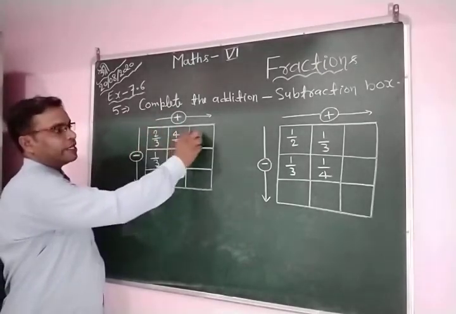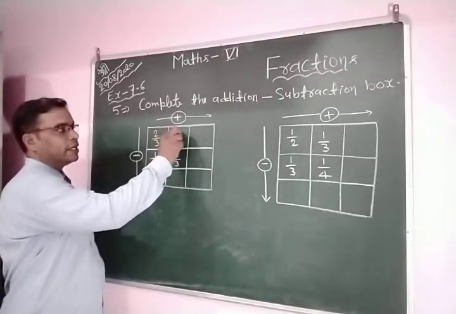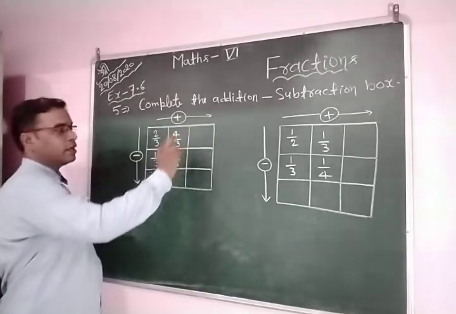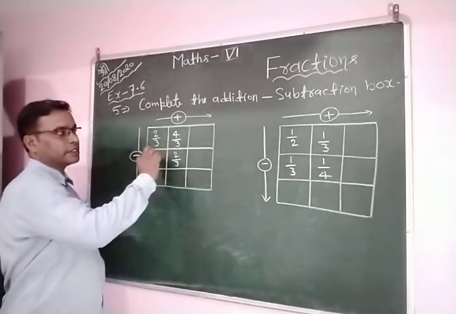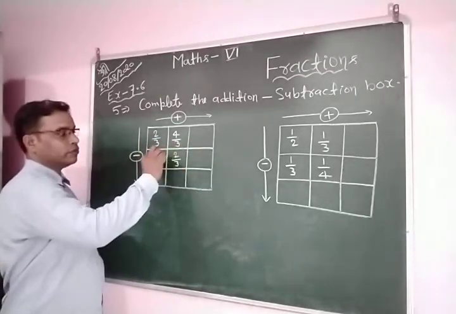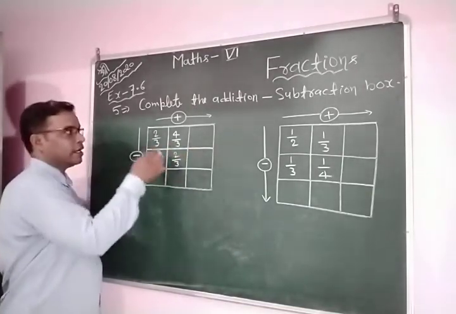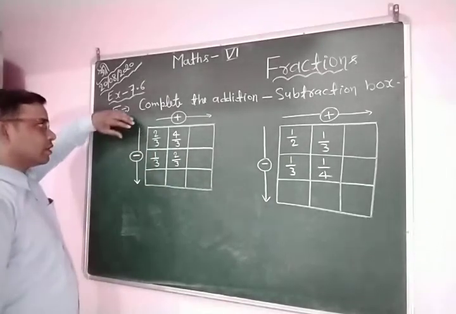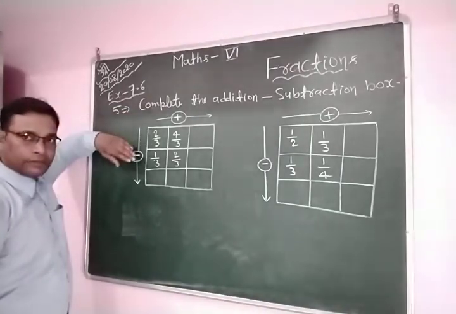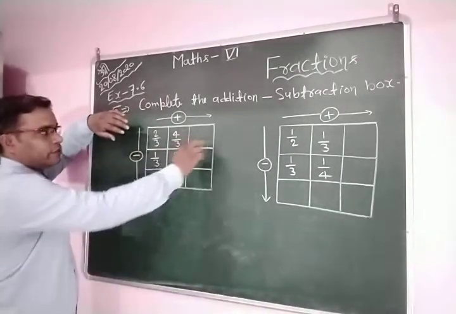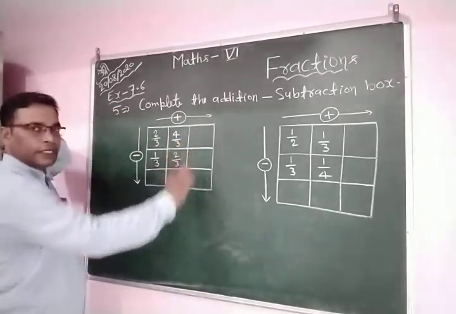Okay, so for this box we sum 2 by 3 and 4 by 3 and it is equal to this. For this box again we add, because we run along this row, so we add 1 by 3 plus 2 by 3 and the result is here. And now when we run from above to below, in a column, this is the first row, this is the second row, this is the third row, and this is the first column, this is the second column, this is the third column.